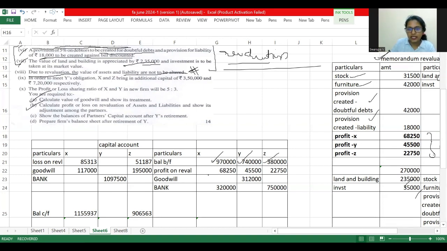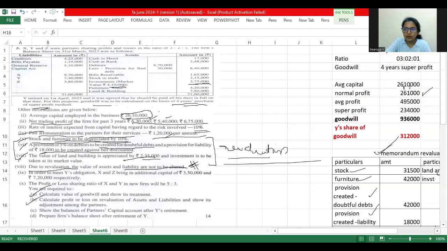Then we are just bringing the profit on revaluation, and then on the debit side, we are bringing the loss on revaluation between the two partners X and Y in new profit sharing ratio. And this is the old profit sharing ratio. Goodwill, 3,12,000. We have identified it to be the goodwill that is payable to Y, and that will be paid by X and Z in their